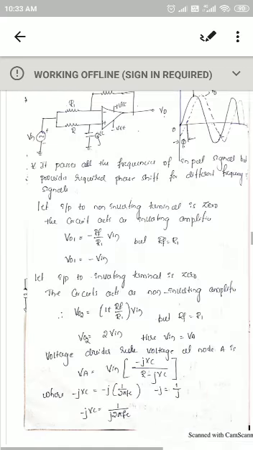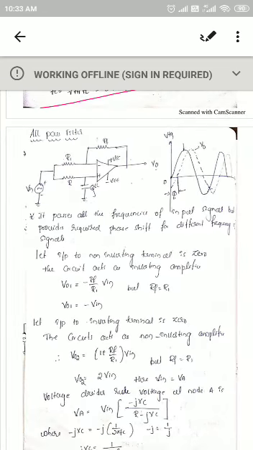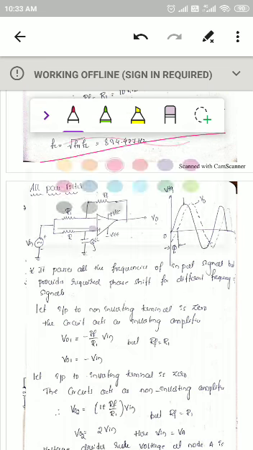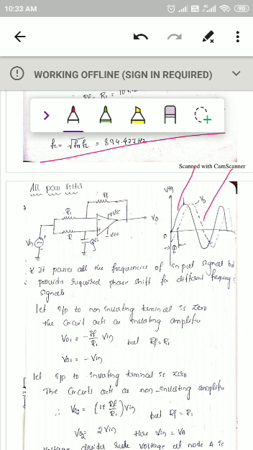Now the all pass filter. As the name itself says, all the frequency signals are passed from input to output. That is why it is called an all pass filter. Here the thick line is your input, and the dotted line is the output. It passes all the frequency signals from input to output, but it produces some amount of phase angle. Phi is the phase angle, just to identify the different signal bands.